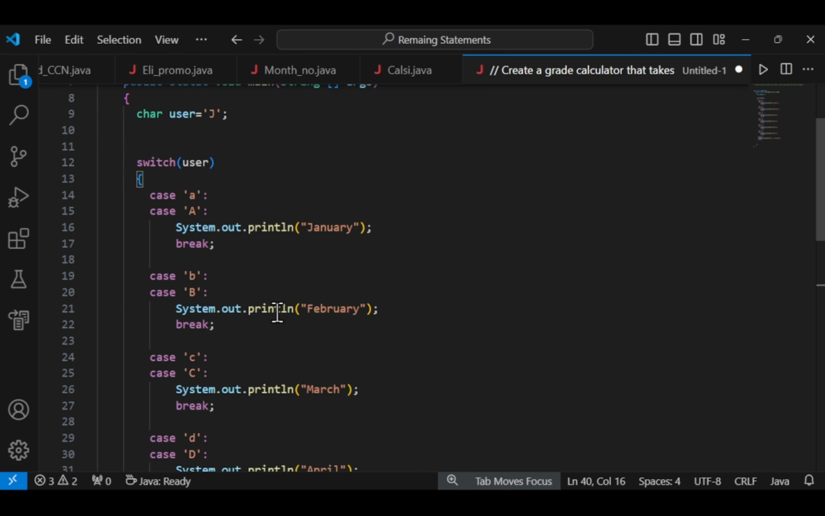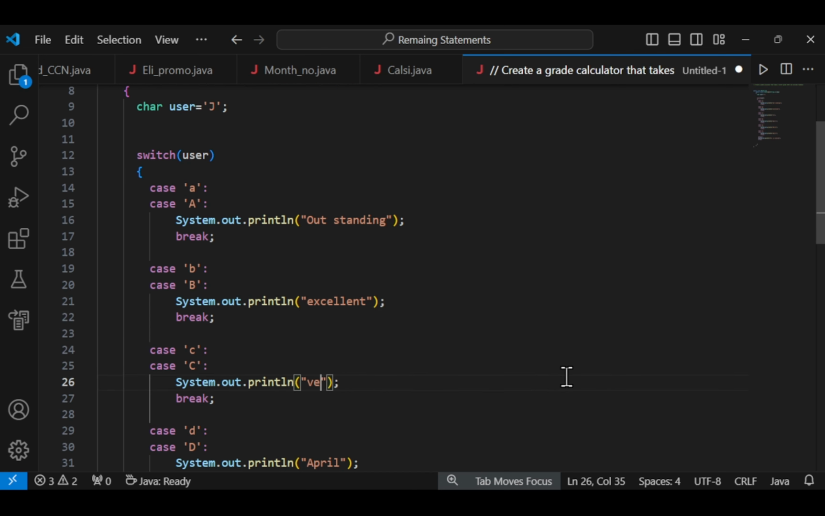So what will happen here? Let's consider if the grade is outstanding. Okay, for B grade, we will say excellent. Sorry for the spelling mistake. Excellent, and let's say very, very good,